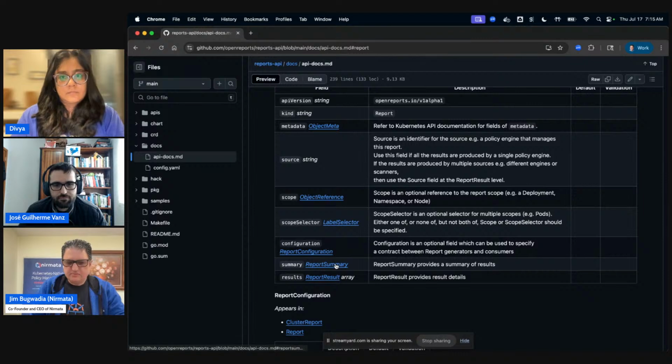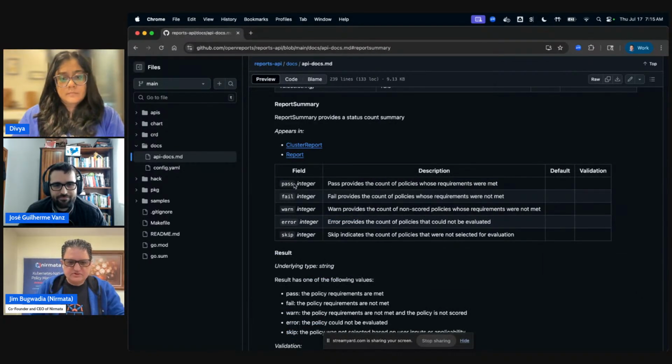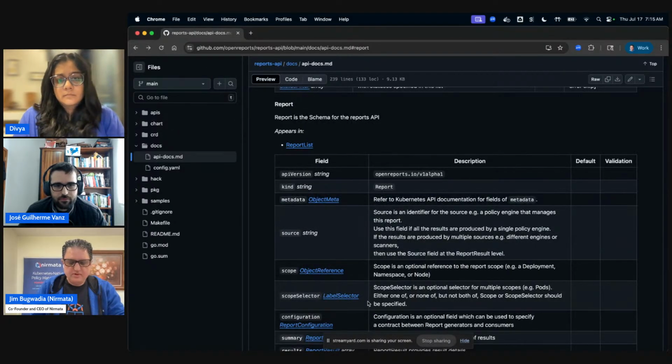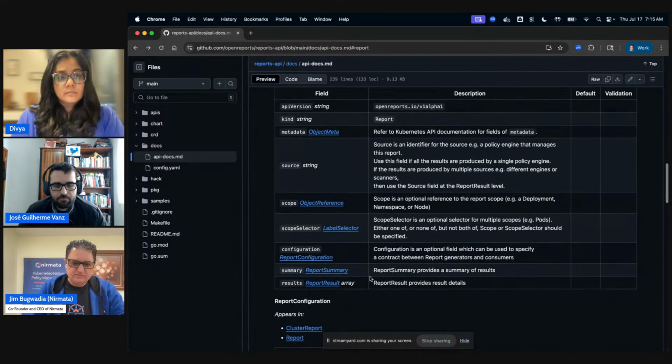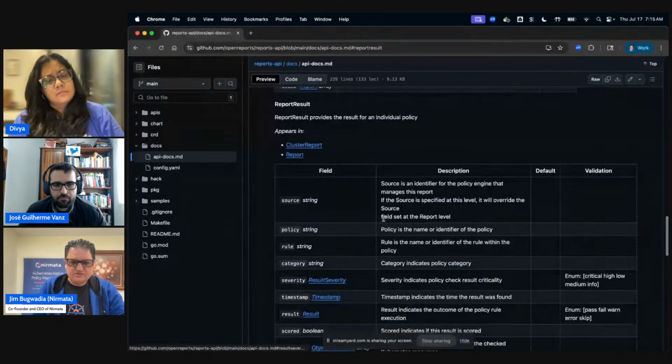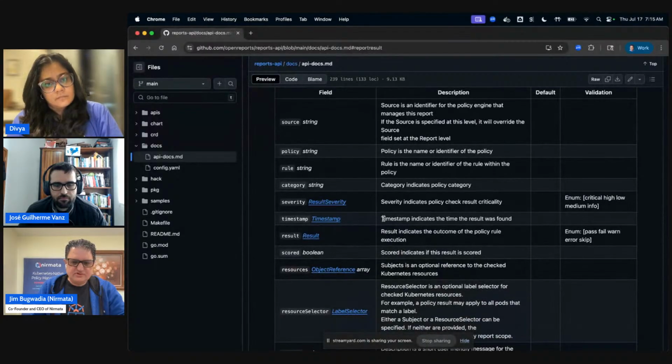But the important thing is a report summary, for compliance tools. Let's say you're in a regulated industry, you want long-term compliance, you want to know not just what failed, but also what passed, and that your policies are actually being applied, right? So the report summary will give you the pass and fail counts for whatever scope, and reports can be aggregated at different scopes. Could be namespace level, application level, or cluster-wide. So there's a lot of flexibility here, and this is by design because we want this to be used in a wide range of use cases.